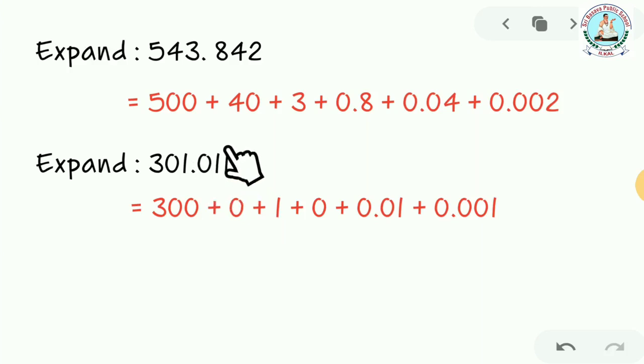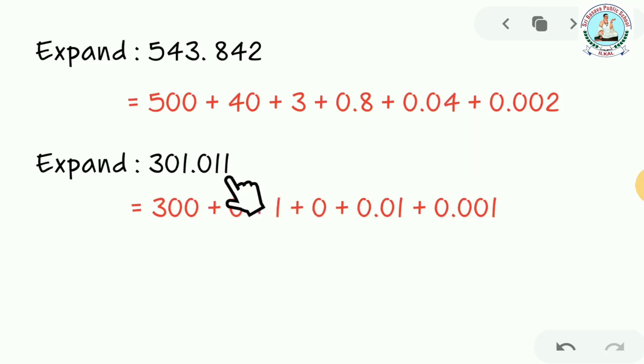So this is your decimal part, and the place value of 0 in decimal part is 0 always, so that's why we write it 0, and the place value of this 1 is 0.01, because this digit 1 is present in hundreds place, and if you simplify this it will be 0.01. Or else if you want to write the place value of this 1 except this digit, make remaining digits 0. So this will be 0, big 0, 0.01. So that is what I written here.